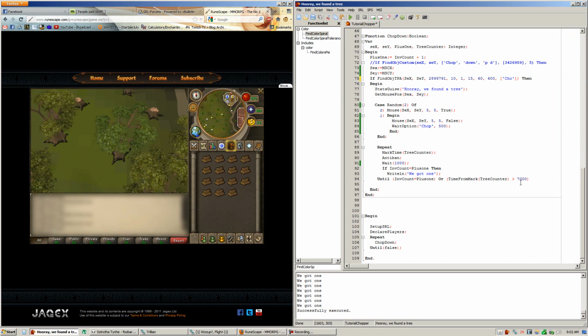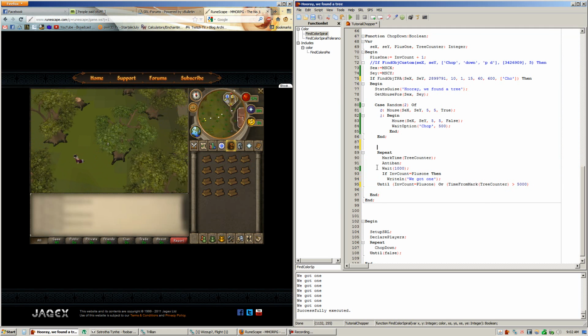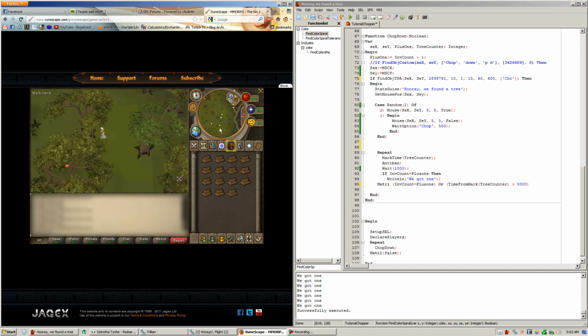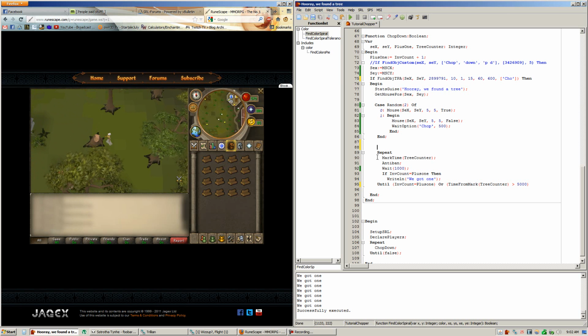Another thing I'm going to do is reduce this wait here, because I'm level 83 and with a rune hatchet I can chop these trees down a lot faster than 7 seconds. And another thing I want to do is add a flag right here. What flag does is, as you can see, whenever you click somewhere on the minimap or click on a tree, a little flag appears. And what flag does is basically it waits until that flag is gone before doing anything else,